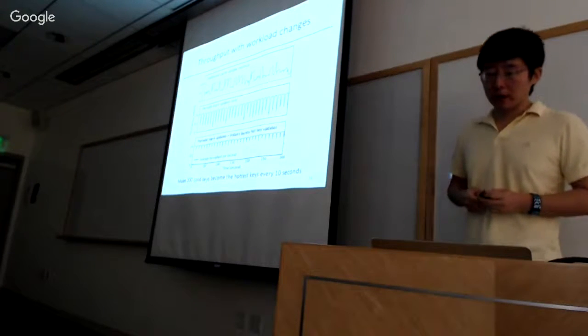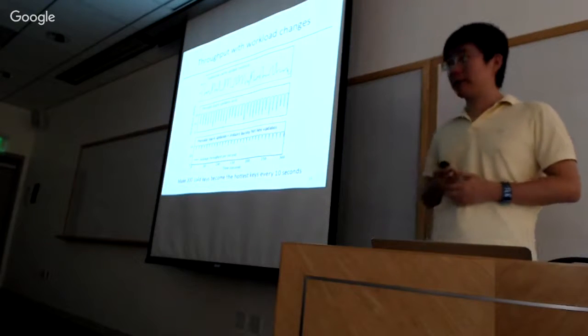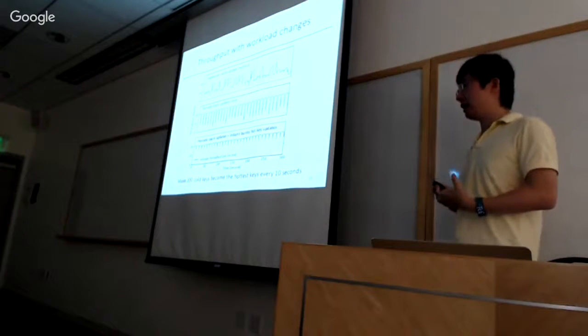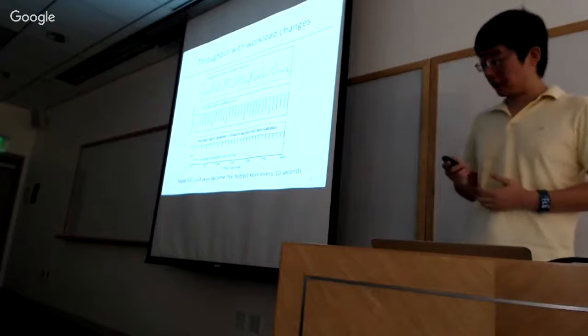In the paper, we also have results showing the performance under different workload change patterns, and also that switch queuing has good benefits from its cache update